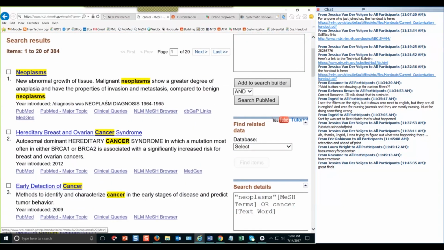It doesn't matter what the term is. You see in my list here below neoplasms, I've got hyperlinks that are here because I chose that plain links option in my NCBI account. And what this allows you to do is I could just click on PubMed or PubMed major topic and run a search, run neoplasms major topic automatically without sending it to the search box and then clicking search PubMed. To be honest, I pretty much never use that feature, but